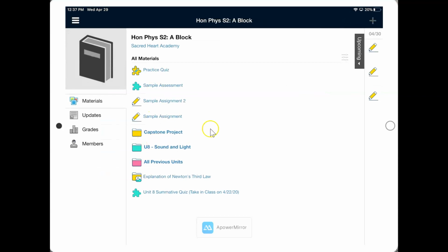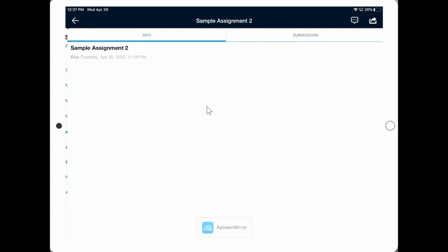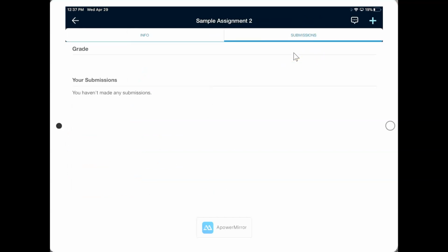And here's what it looks like if you try to submit but it doesn't go through. Now I'll click on Sample Assignment 2. Again, click on Submissions, the top right tab. Very clearly I can see that you haven't made any submissions, so I would be able to go to Notability and fix this. Okay, let me hit the back arrow,